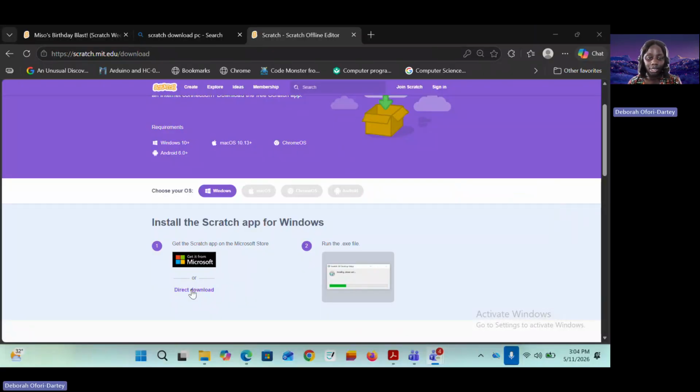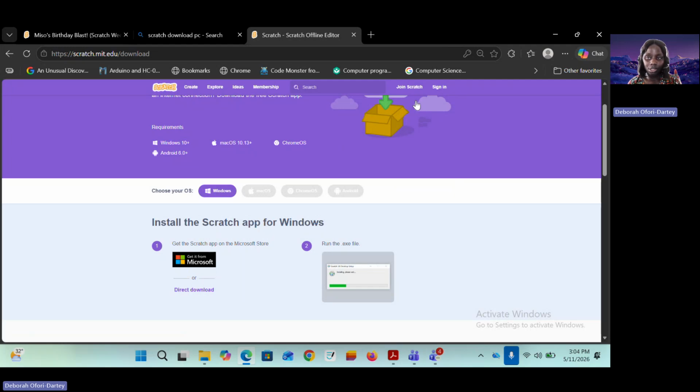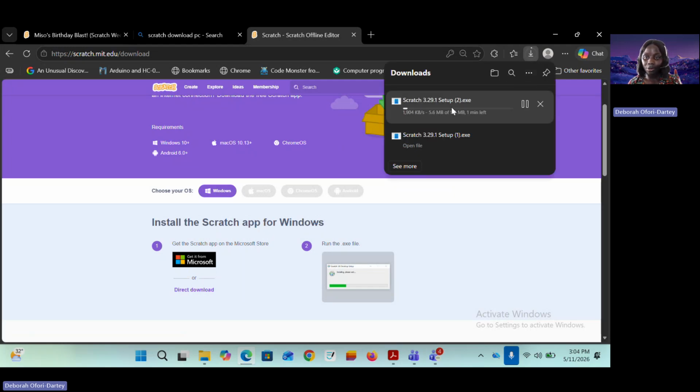Okay, so when I click on direct download, it's going to start the download here, the setup. You can see two here because I've already downloaded it about two other times. So I'm going to pause this because I have it already, but you are going to allow it to finish